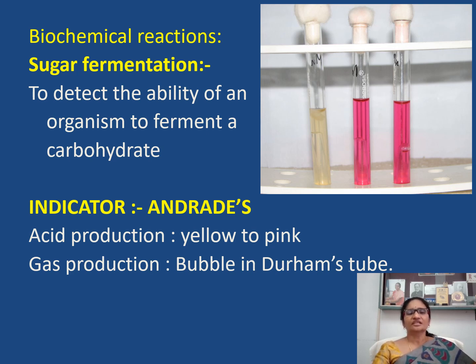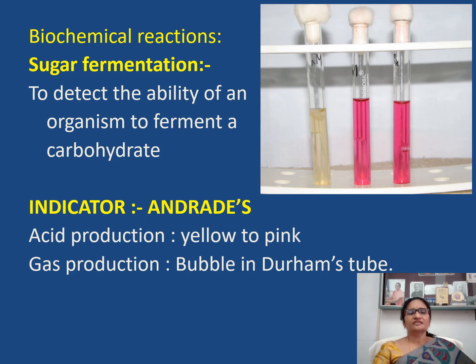And how to check? Some bacteria will ferment only certain sugars, and some of the bacteria will ferment some other sugars. That will help in the identification of the organism. For that, we need to have a carbohydrate fermentation medium that is prepared in a test tube. That means we'll take peptone water and then we add 1% of the required sugar, 1% sugar solution we add, and inside there is a small test tube which is called Durham's tube.